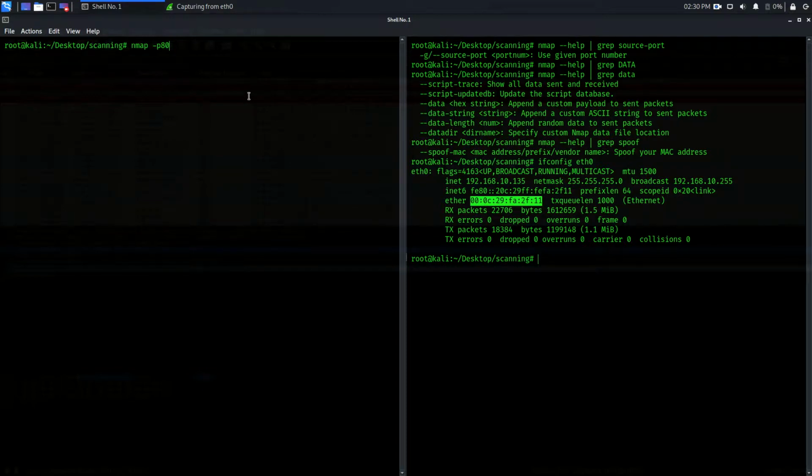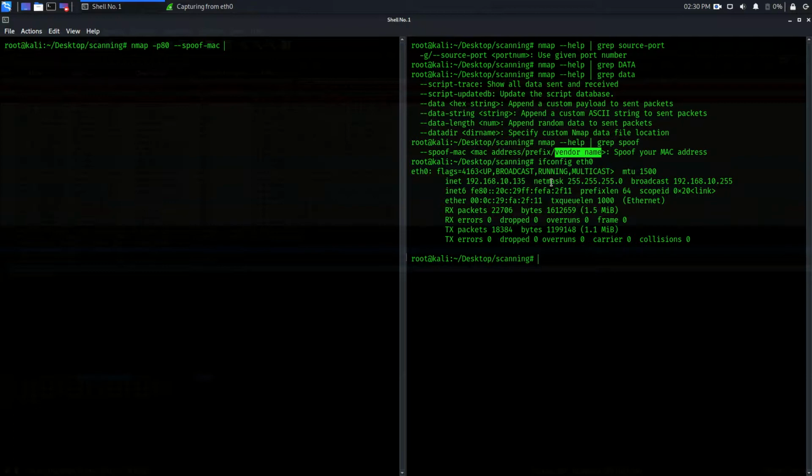The option is --spoof-mac. So you can spoof MAC address based on this rule. You can specify a manual MAC address. You can just add the prefix and the rest will be added by nmap, or you can spoof your MAC address with any MAC address vendor in the nmap database.